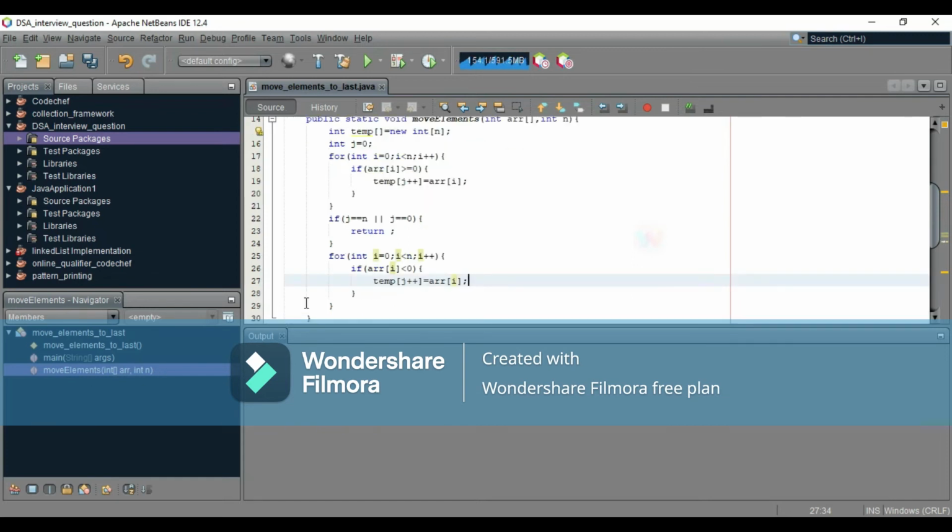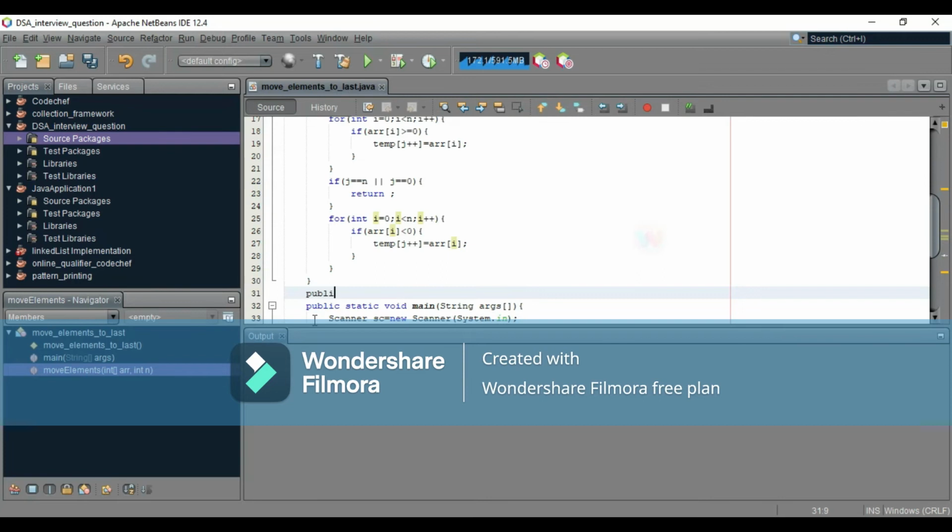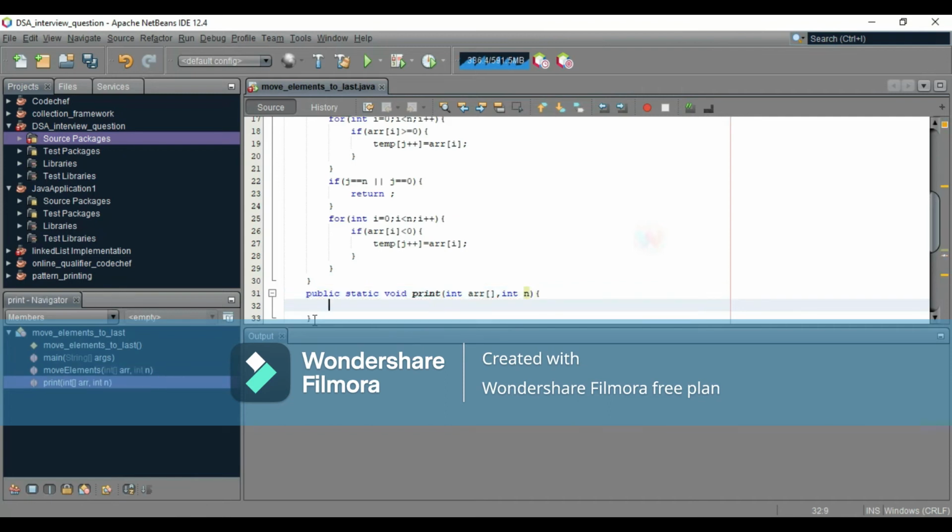And after that I write another function for printing the array: public static void print. In it I have to take the arguments as int arr and int n, and after that we have to print array of i plus a space,